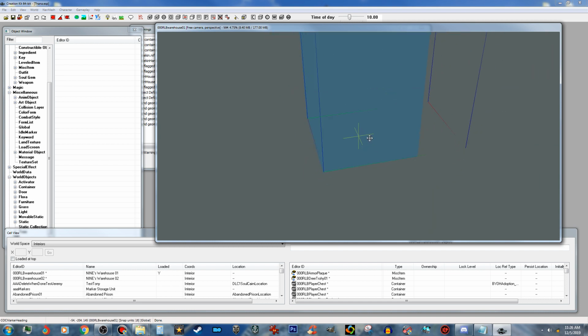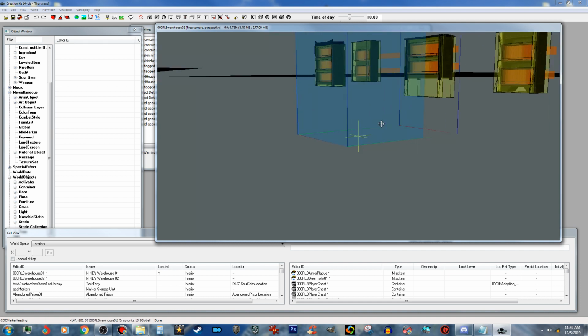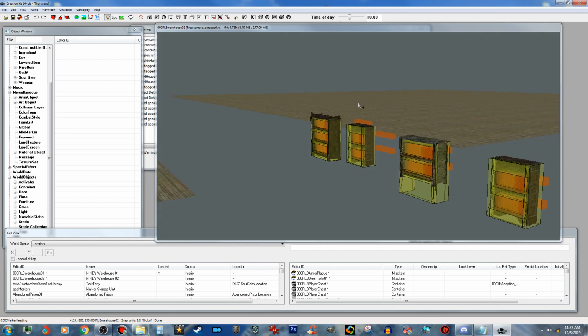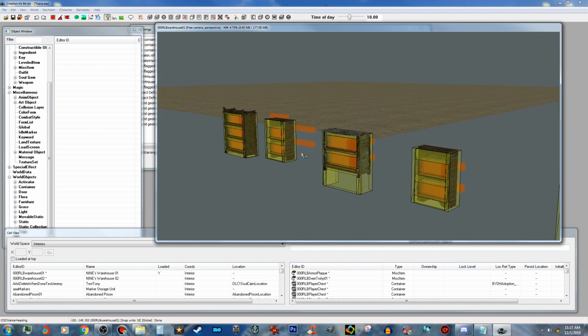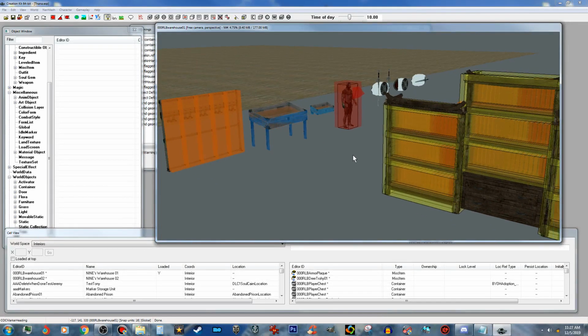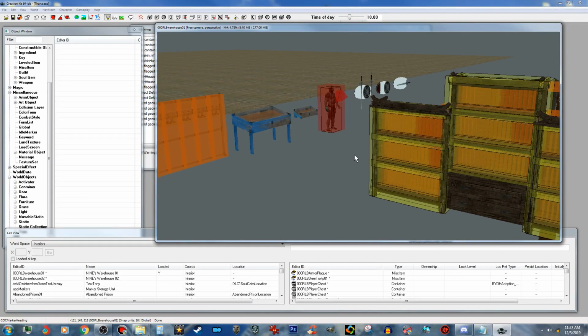You just hold your shift button. If you can't see, just push A, or alternatively you can push the toggle lights button up here. I just use the A button because it's easier, but you actually have to select the window to get it to work. And you'll see that there's bookcases, weapons racks, display cases, an armor mannequin,